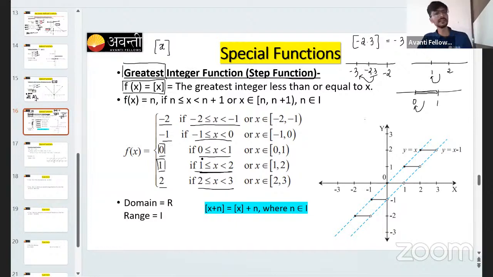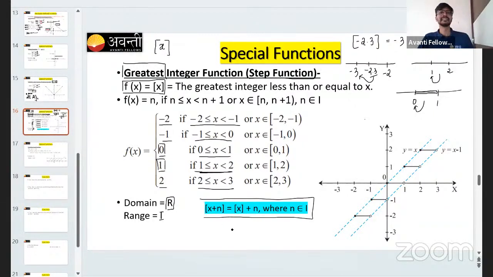So again, the domain, as we have seen, is the entire real number line. And range means output. The output only gives integral values. So the range is I, integers, only integers. Now, there is one important property highlighted here, as you can see,